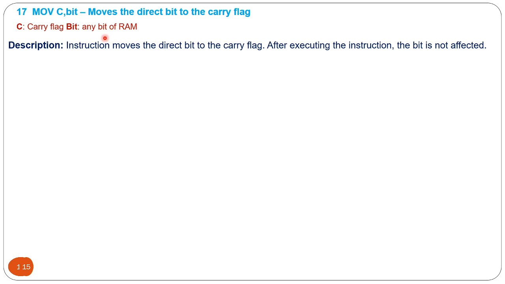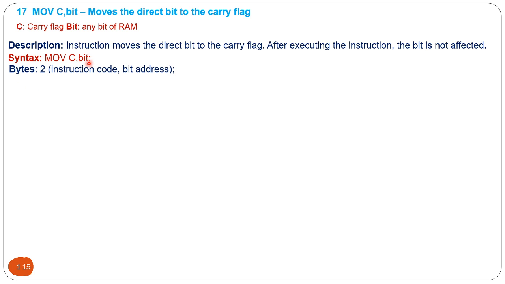The next instruction is MOV C comma bit, which moves the direct bit to the carry flag. Here C is the carry flag and the bit is any bit of random access memory. After executing this instruction, the bit is not affected, only the carry flag bit gets changed.